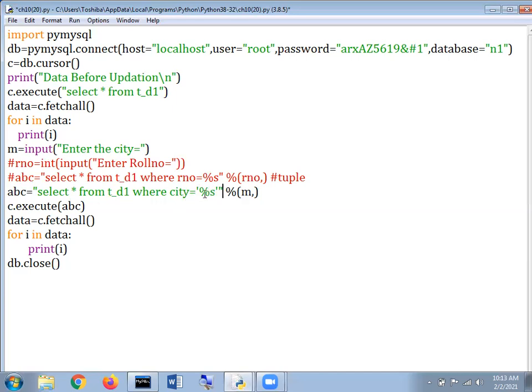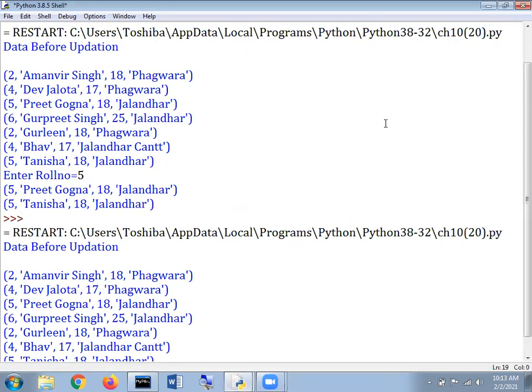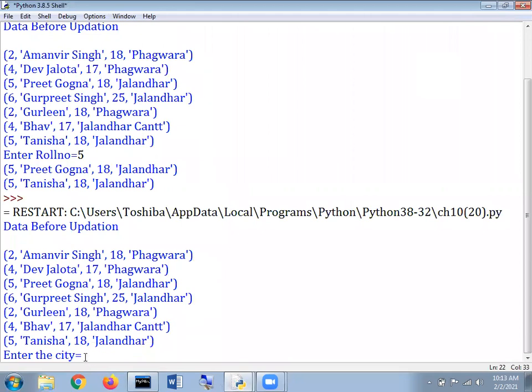Now, I'm just going to hit F5 again and the enter key. Okay, the entire data will be displayed here. Is this clear to you? The entire data will be there. After that, what happens? They are asking for a city. Now, what I am going to do here is insert Phagwara. And what will be the desired output? Can you please tell me?